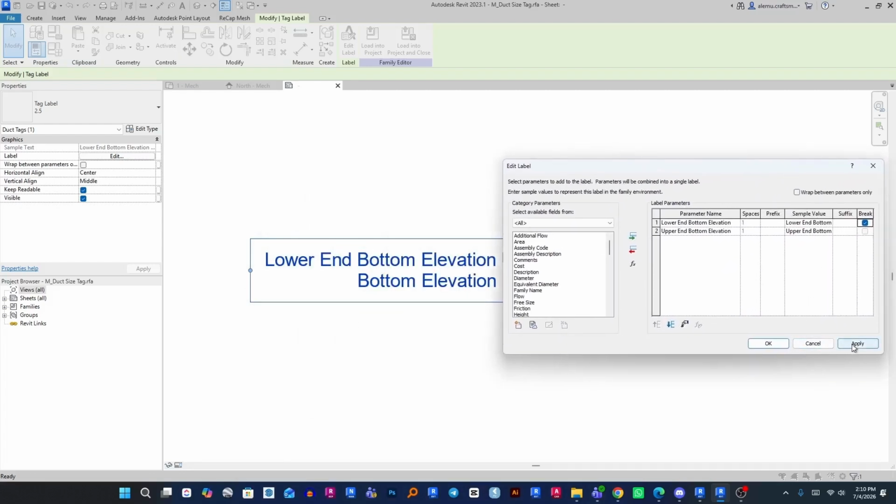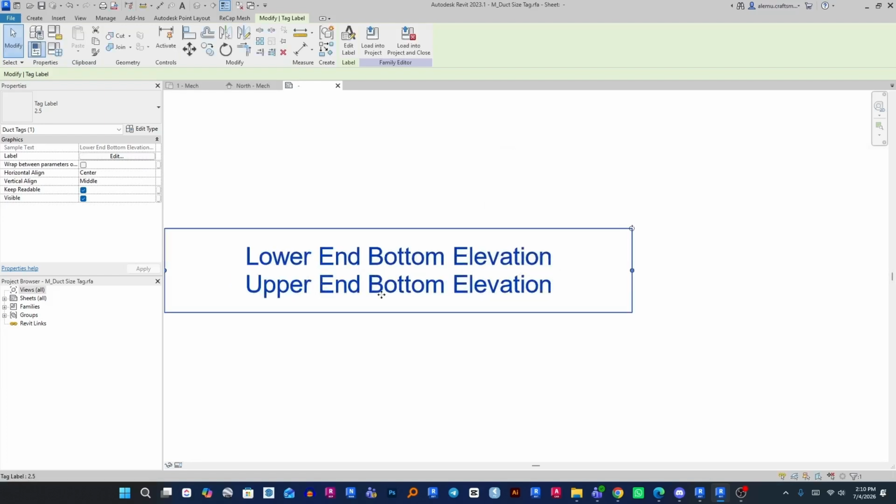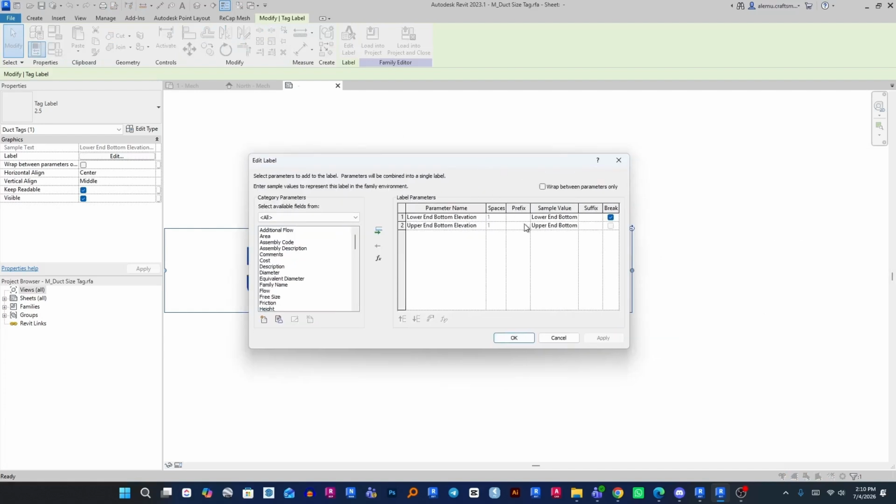So when we hit apply, it will break and be considered as two lines. So here I can also edit the label, and I can also add some prefix. These are actually the values, and the prefix I can just use some text for the lower end bottom elevation,